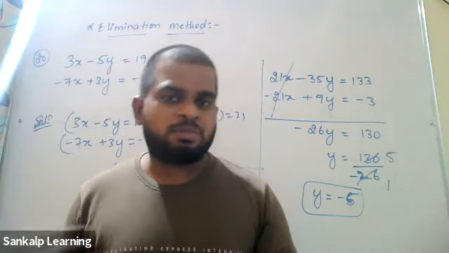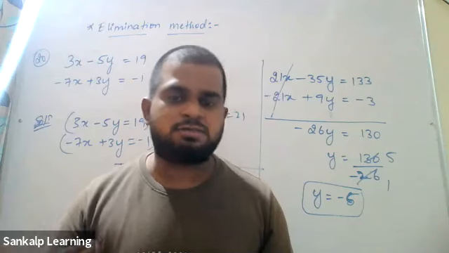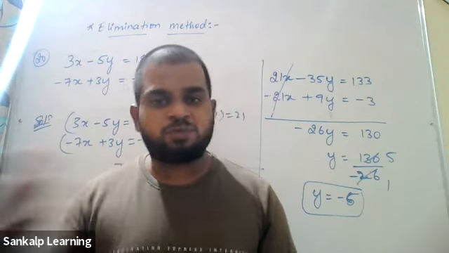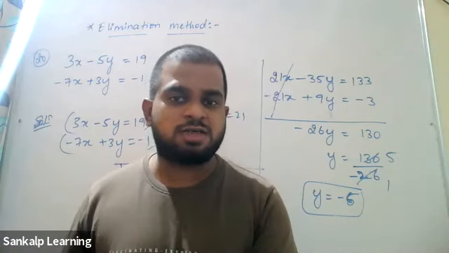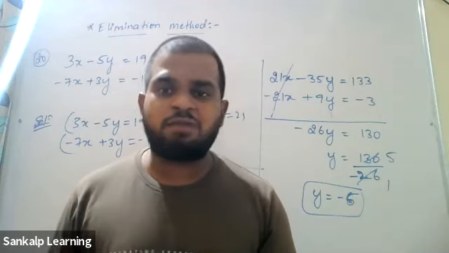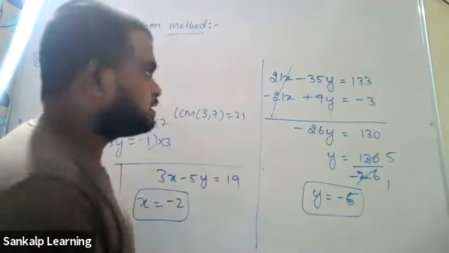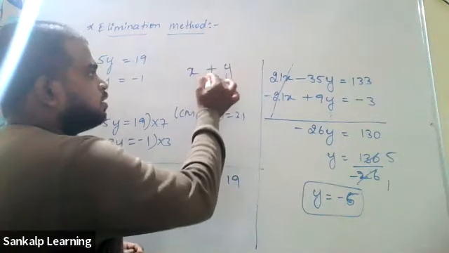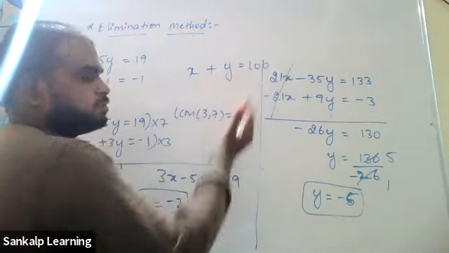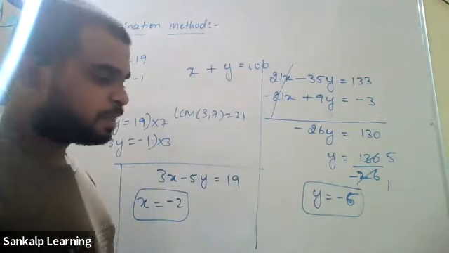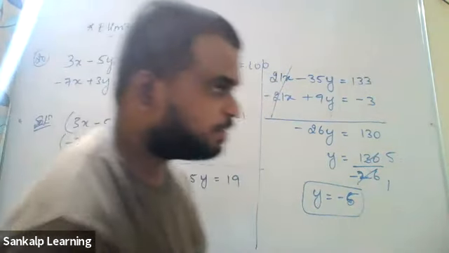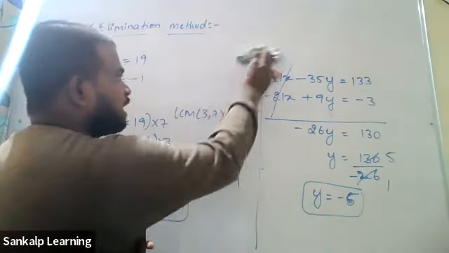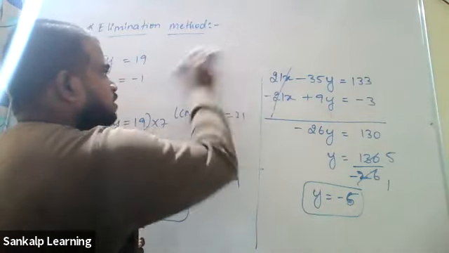Now I'm just saying it: 1 kg of apple plus 1 kg of orange, total cost is 100 rupees. We can write this mathematically using this chapter itself. Let's say 1 kg of apple is X rupees, 1 kg of orange is Y rupees. Total cost is 100 rupees. So that is how we get equations. It is simply to represent any statement, or sometimes to represent a graph also we'll be using equations. That's it.